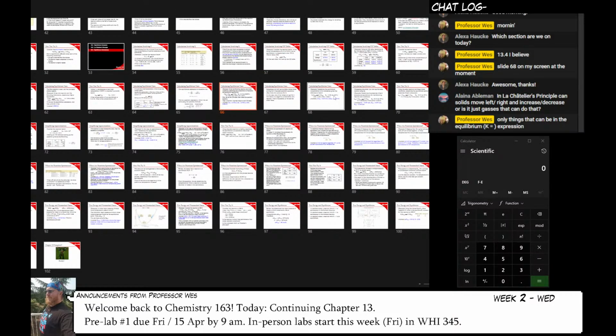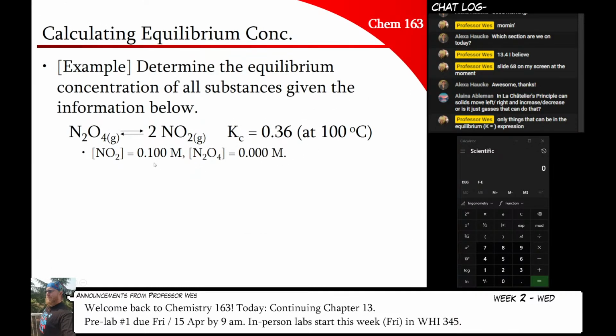What I'm going to do is put this problem on the board, and you'll notice that there's only one thing that's present in here, and that is the NO2. I want you to use any methodology you would like to tell me the amount of these things, i.e. their concentration, at equilibrium. So go ahead and start doing that. You're going to need to make an ICE table like we did last week, because we want to be getting in the practice of making ICE tables.